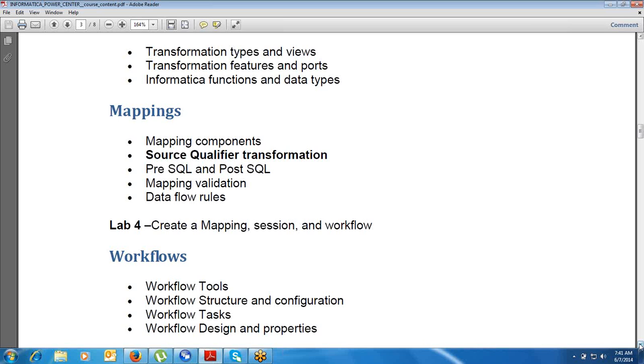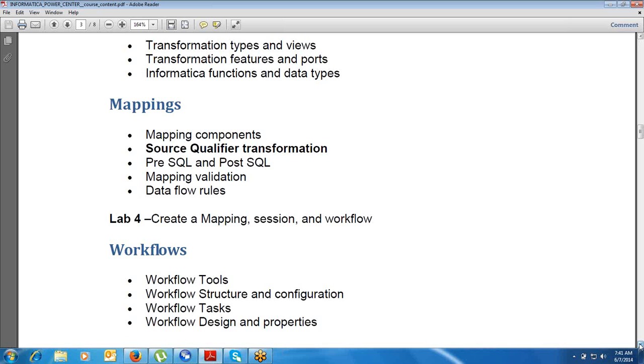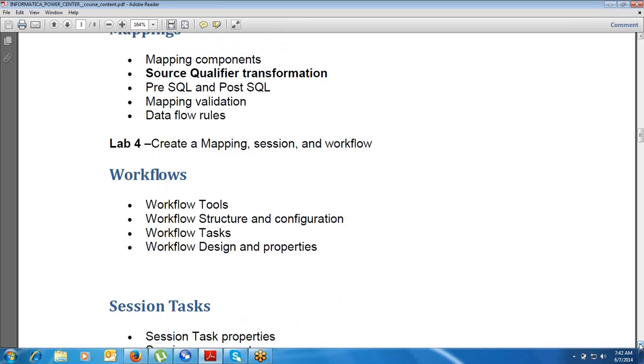Then we will have the workflow tools. In the Workflow Manager, you will learn how to create the relational connection in the workflow, and how to create the various types of tasks available there. There are many tasks available. One is the session.